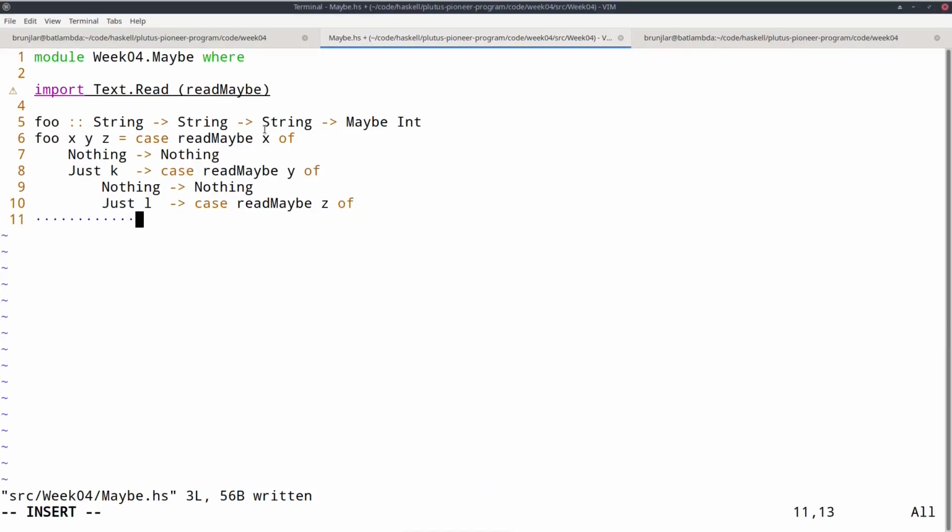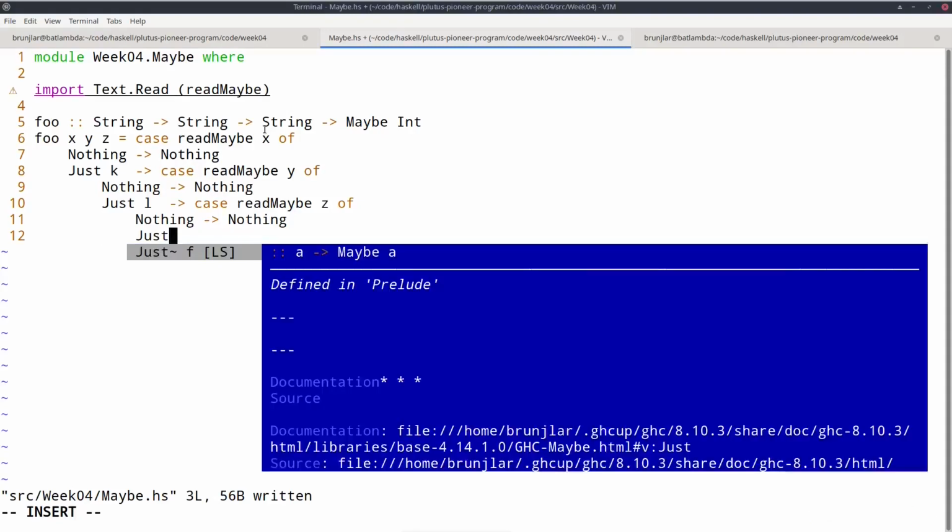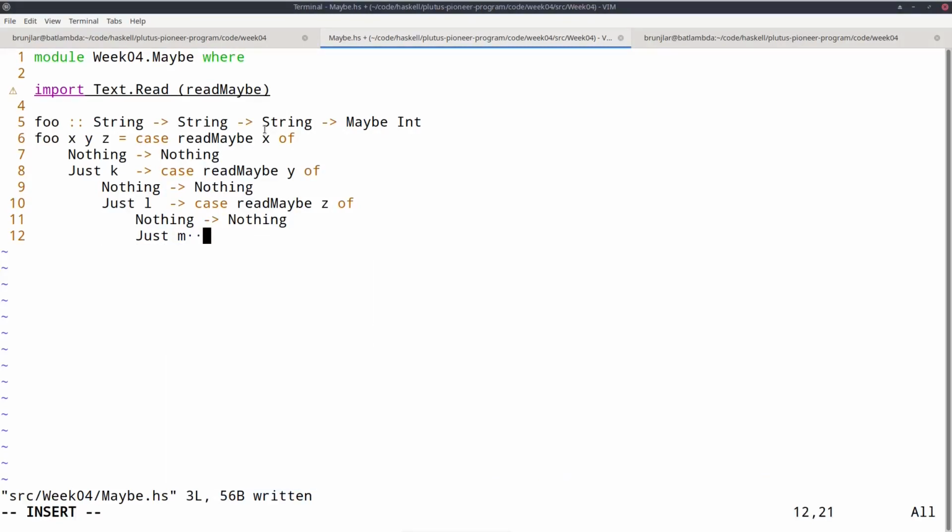And again, 2 cases, Nothing, in which case I fail. Or success, let's call the result m. And now I have successfully parsed all 3 strings as integers. And now I can return Just (k + l + m).